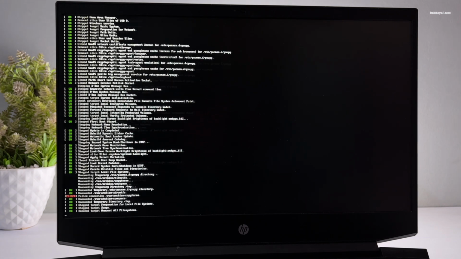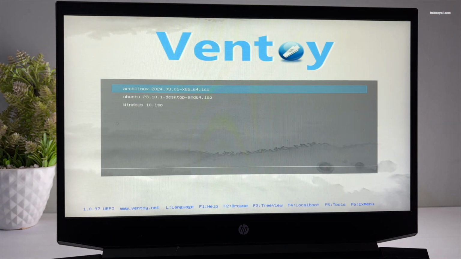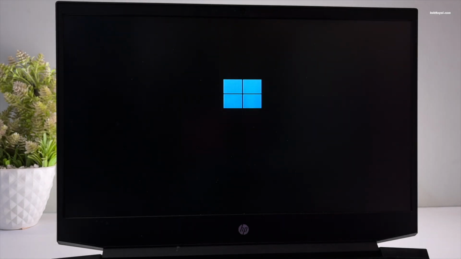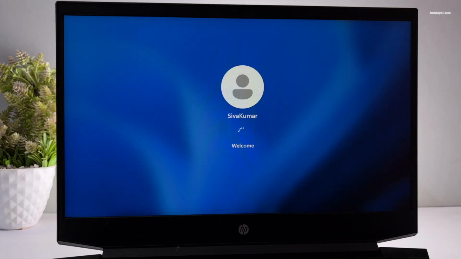Now along with that, the Ventoy Boot Manager allows using the local boot option to search for any installed operating system on a computer. Now pressing F4 provides these options and you can search and boot Windows or any other Linux operating system installed on your system. And that's pretty much it. This is how you can easily create a Ventoy drive using Windows and Linux operating system.